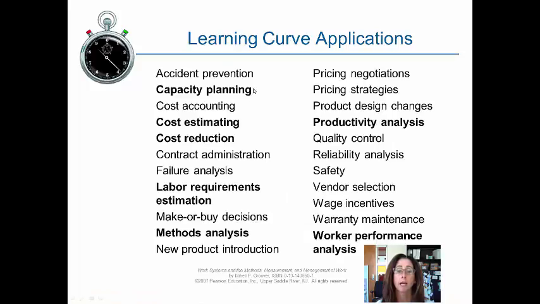We can plan for capacity, how many people we're going to need, how many pieces of equipment to get. For example, the first 60 units built take a very different amount of time, if we consider that labor driven, for a 90% learning curve than for a 60% learning curve. Then we can also estimate the cost, because if it takes us over